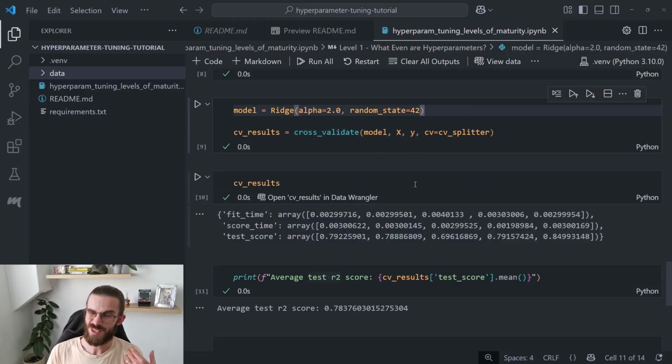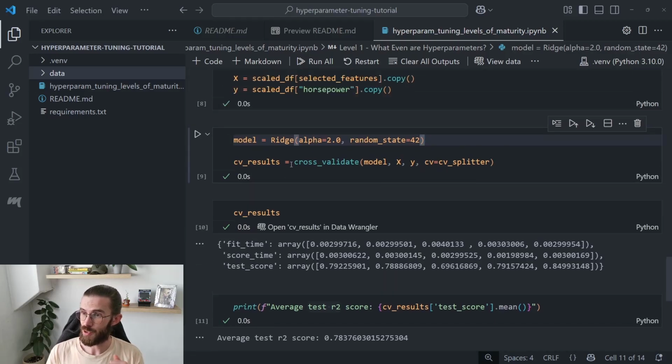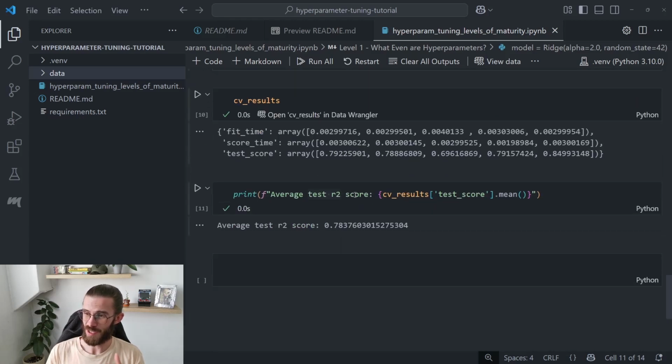But really, this is your typical workflow. Basically, you've selected your features, your model, and entered in the alpha value over here and gotten your results. And at this level of maturity, you basically are done. You walk away and say, well, we got 78%, or the R2 score is 0.7837, and that's good enough, and we're done. However, I know that you guys are more ambitious than that and are saying, well, what